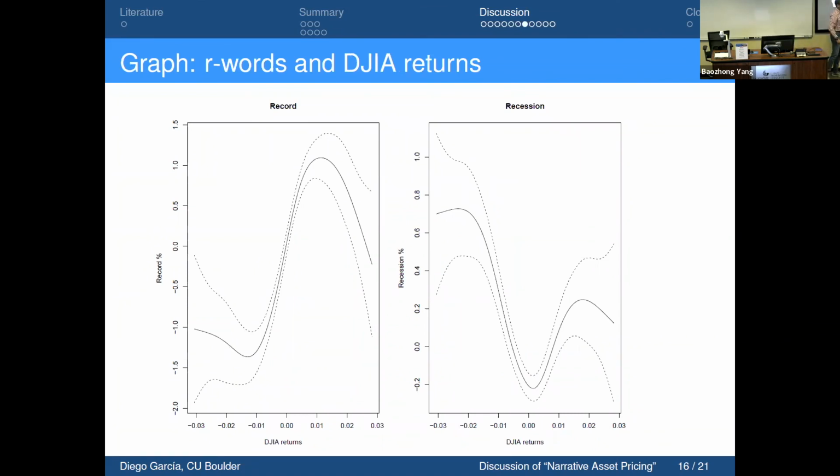The market goes up, much more likely they say record. That's not too surprising. Now, this one is a little more surprising, because if the market goes down, they say recession a lot more. But if the market goes up, there's also a chance that they would say recession more. Fairly highly nonlinear. Again, the T-stats are huge on both of these. I'm using only recession, but if I put in things like gloom or slump or things like this that were part of that topic, I am sure the same results would go through.